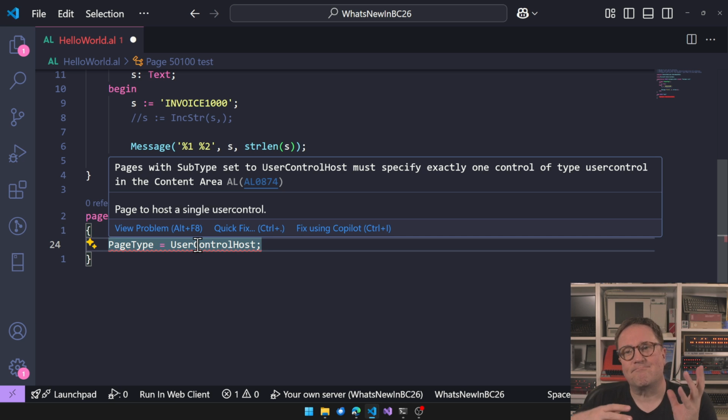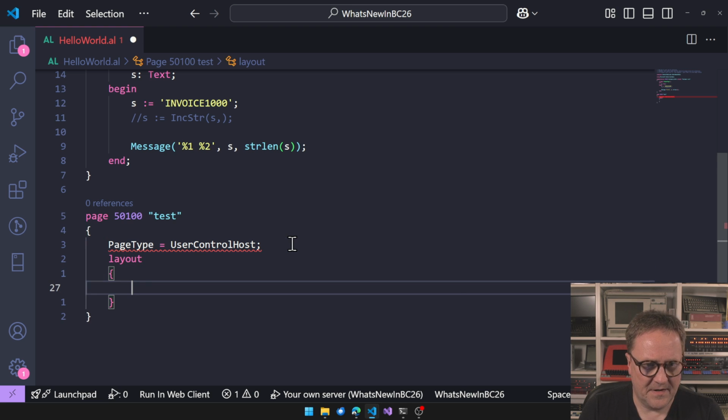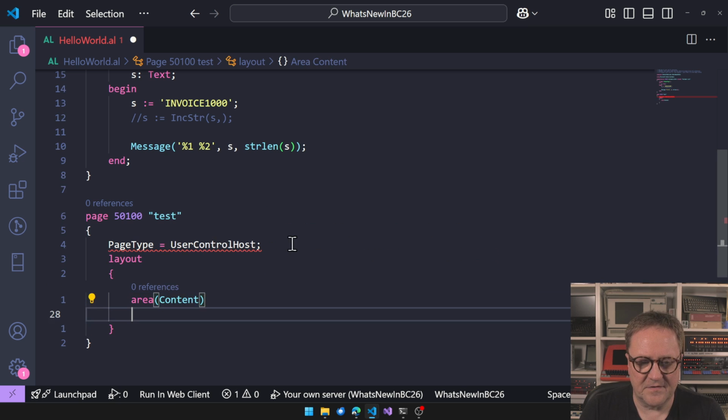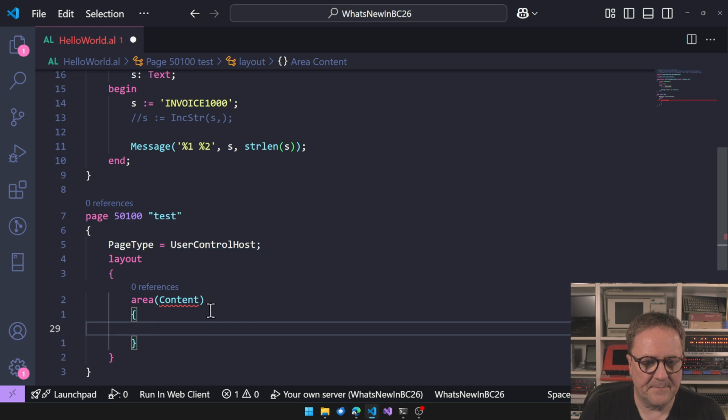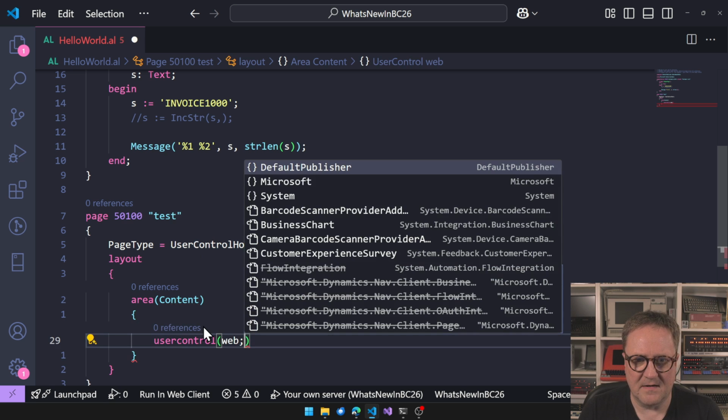That is even more accurate. So there's no space taken at the top. If we go and say layout here, and then area content, there is only content, there are no fact boxes, and then we need to add a user control, and we'll just add the